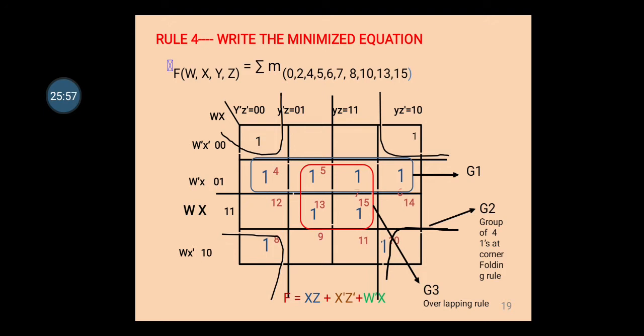Then we'll go for rows, the first row and the last row. For the first row we'll check W first and then X. W is first 0 and then it is 1. It is changing, not allowed. Then X you are going to check. X is 0 and then again it is 0. It is the same, so this is nothing but your X bar, and you are going to write that. So this is X bar, Z bar. This is the final equation.